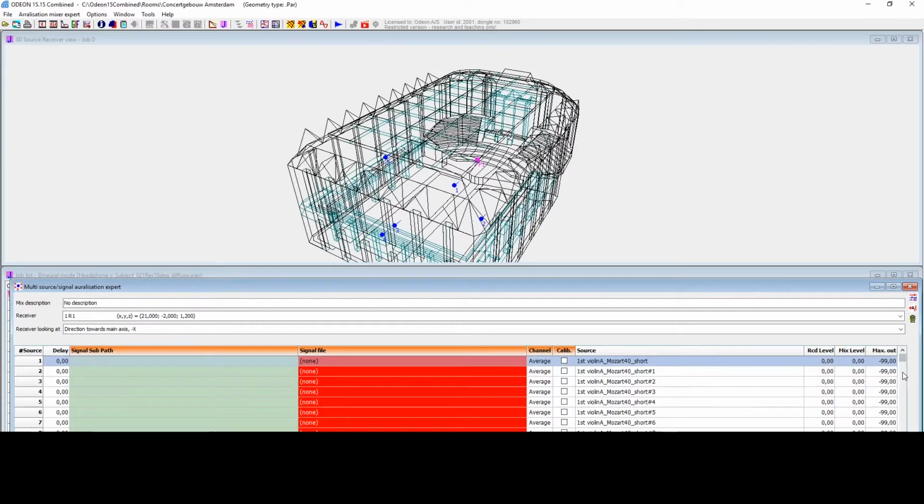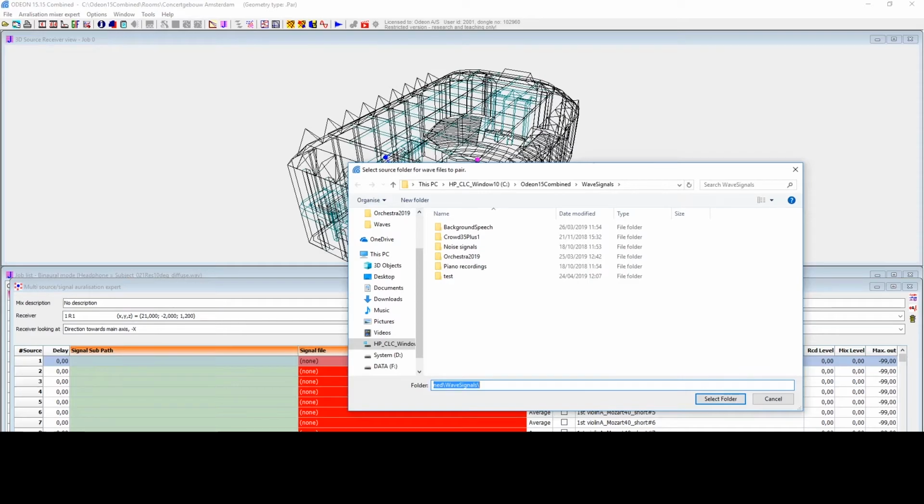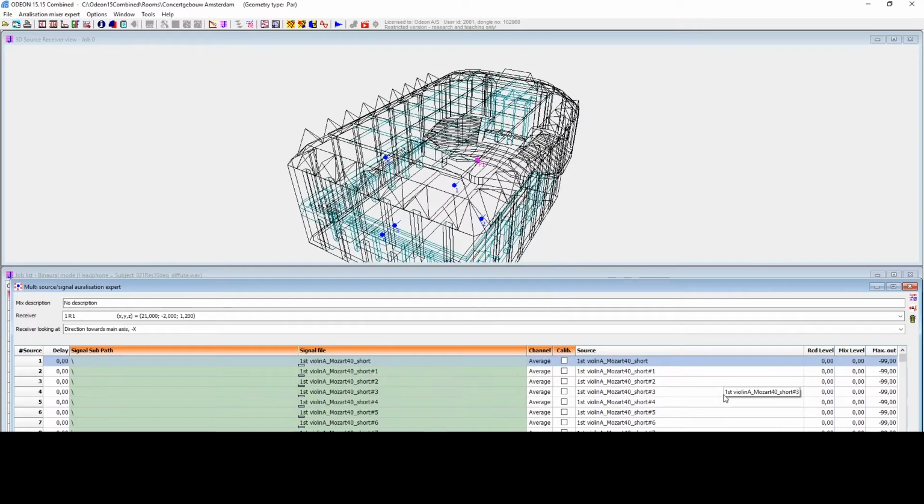So instead of selecting the select multiple signal files, I'll select pair. And then you just select a folder, assuming that you will have file names corresponding to the source names. That was pretty easy, so it picked the right files from the folder.